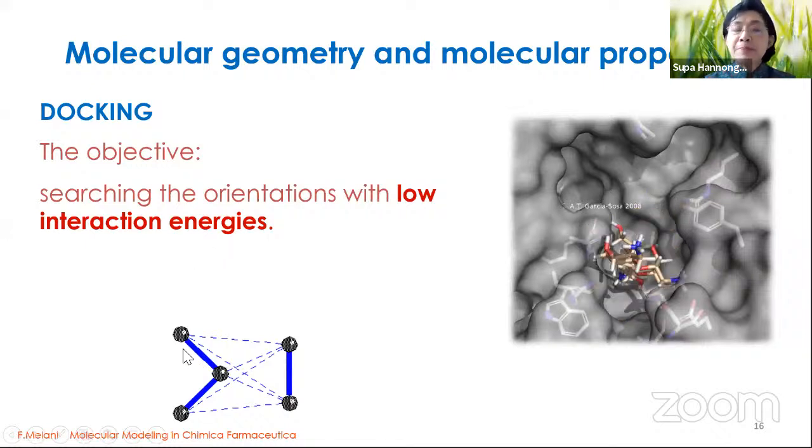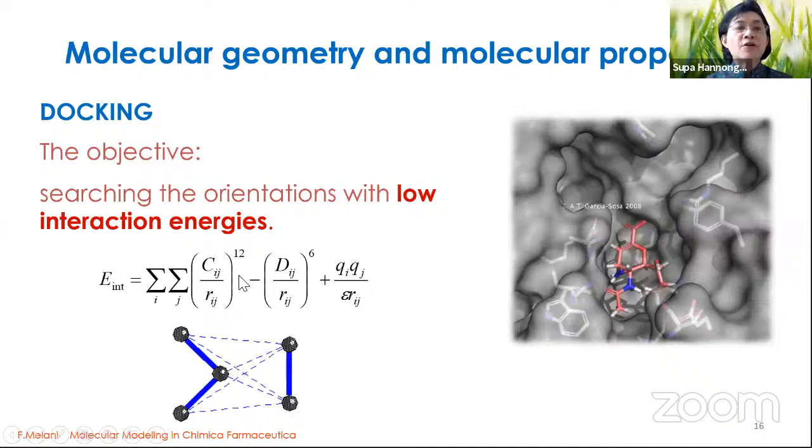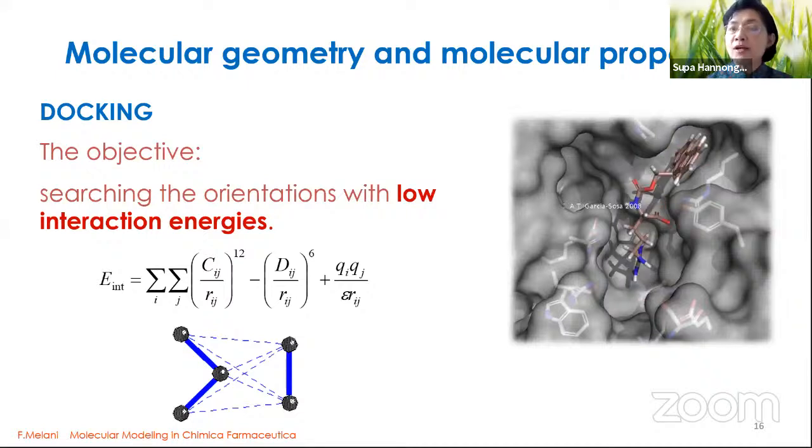So come to the basics, okay? In the basics of molecular mechanics, we have molecule A and molecule B. The intermolecular interactions like this represent the binding or the interaction energies of the system. So we have this kind of Lennard-Jones potential and also the Coulomb potential, okay? You can see that the fundamentals of molecular mechanics can be used with their potentials to generate software or molecular modeling methods like molecular docking, and it is very efficient.